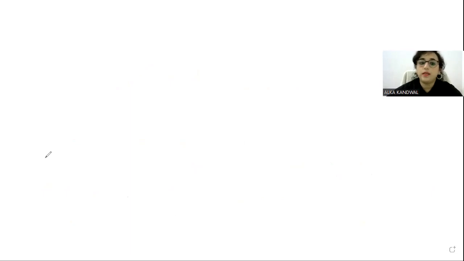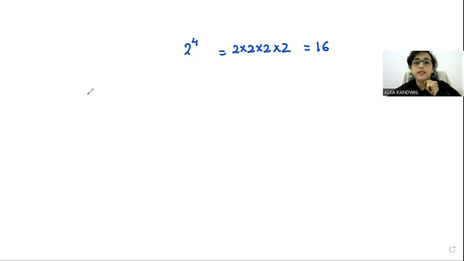कि जैसे कोई भी नंबर है, जैसे 2 to the power of 4 है, तो इसका मतलब we are multiplying it 4 times, we are multiplying the number 4 times and the result we are getting as 16. So here, can we have numbers with negative exponent? ऐसा हो सकता है कि negative exponent है, क्या ऐसा कोई नंबर है 2 to the power of -4? ऐसा नंबर हो सकते हैं?